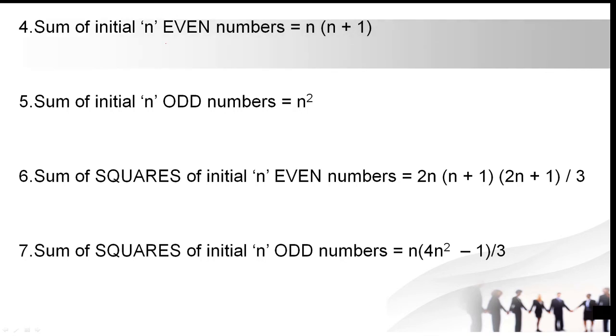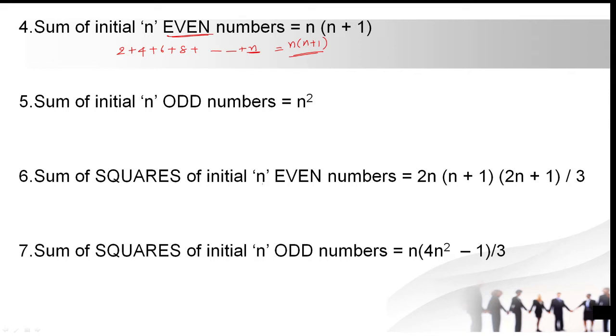That is the sum of initial n even numbers. We already know what even numbers are. I'll give you an example series for that, that is 2, 4, 6, 8, and so on, let us say n. Here the n value is nothing but even. This series should end with an even number, then only we can say this is the sum of n even numbers. So for this we have a formula, that is n into n plus 1. Is it clear? Okay, right.